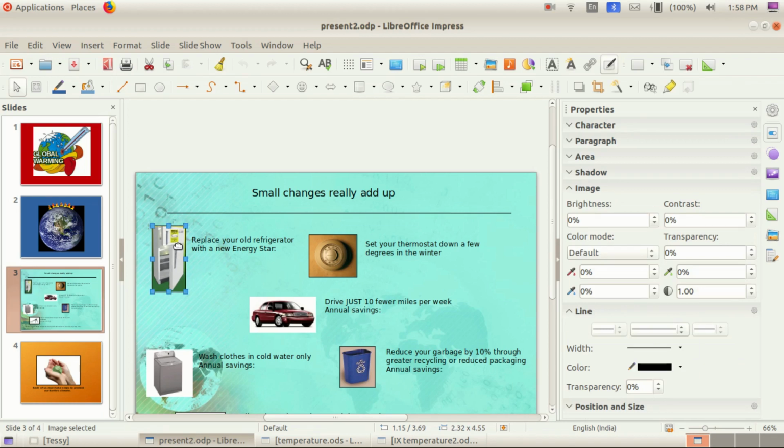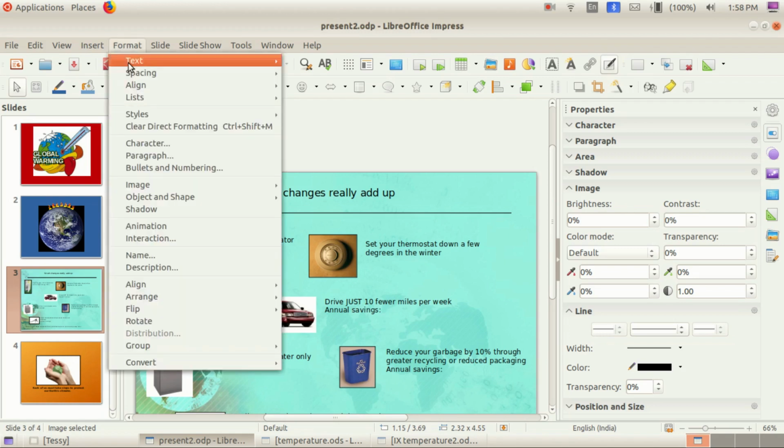Selected. After that, for clicking, I want to take the format interaction. First we need to select, otherwise interaction will not get it.